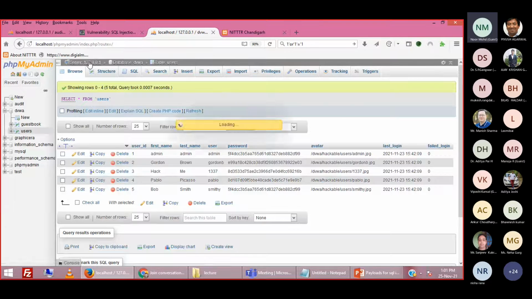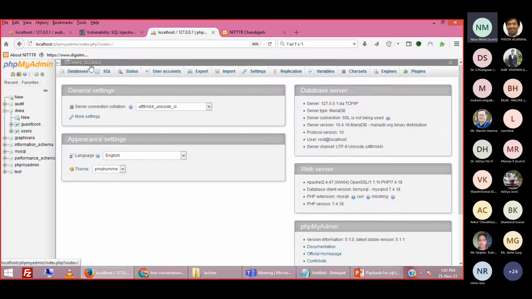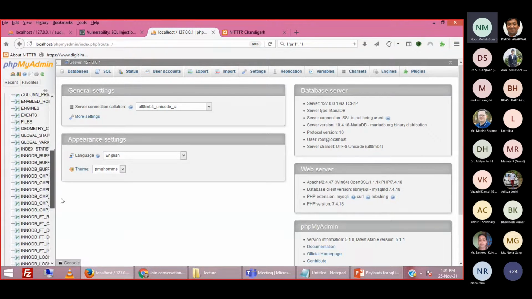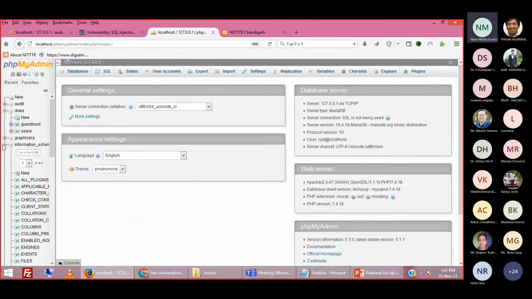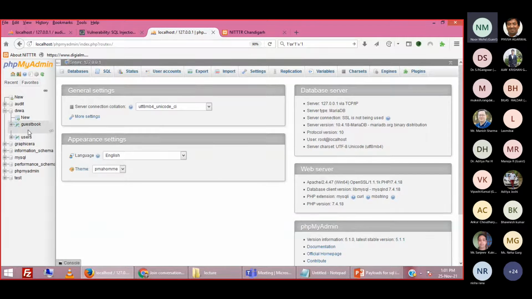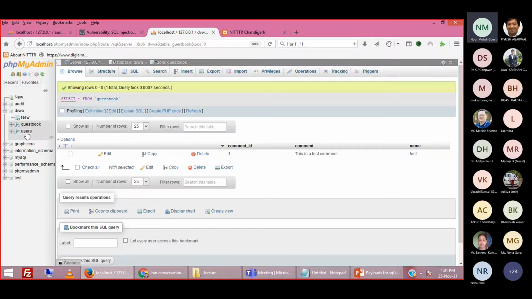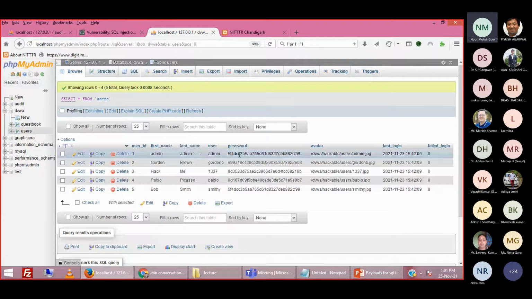First it is your database server address, that is 127.0.0.1. Then on this database server there will be multiple databases. Inside one database there will be multiple tables. You can see here it has a huge number of tables, information schema. Inside each table there will be multiple attributes or columns, and inside each column there will be unique row values, right?